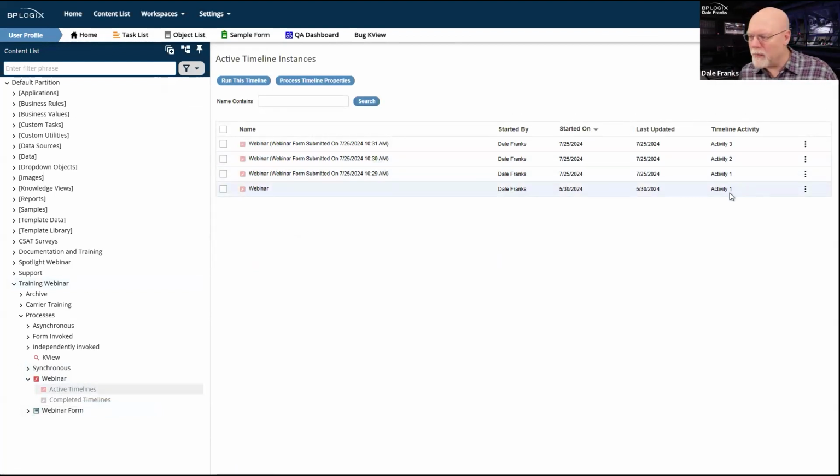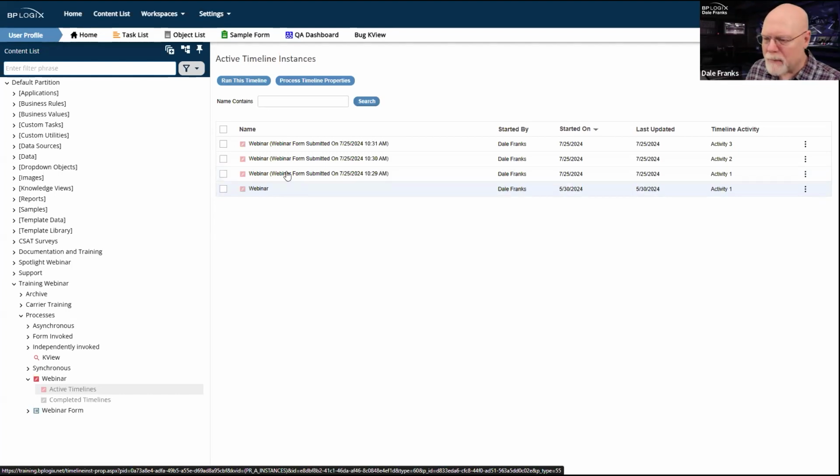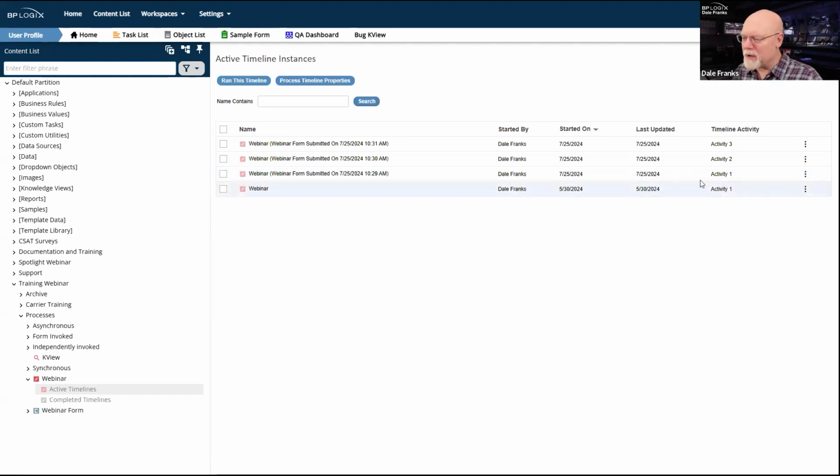Fine. 2 of them are in activity 1. It looks like this is one where I've partially deleted the process, but we'll keep it because it's a good illustration. So I have 2 processes that are currently running, 2 in activity 1, 1 in activity 2, and 1 in activity 3. So got my in-flight processes running.